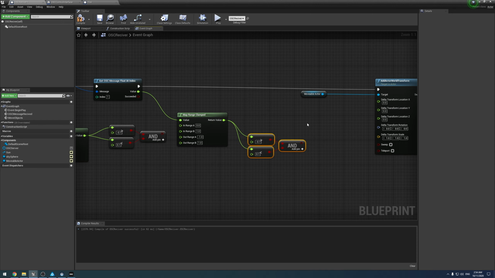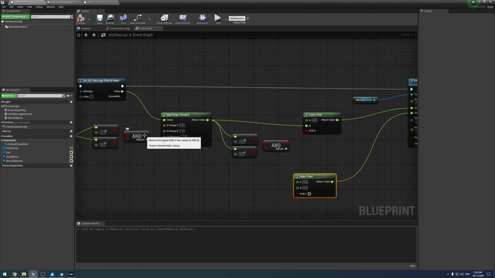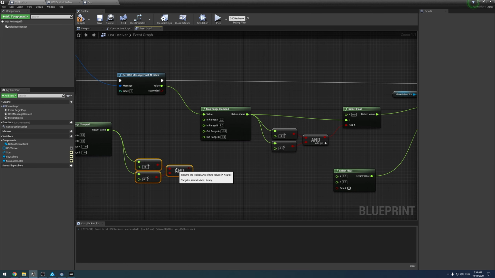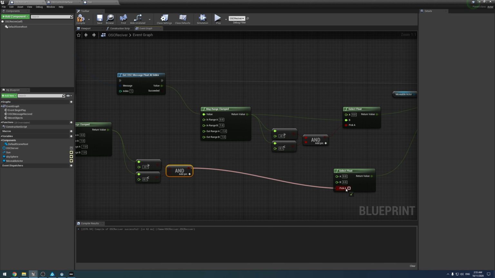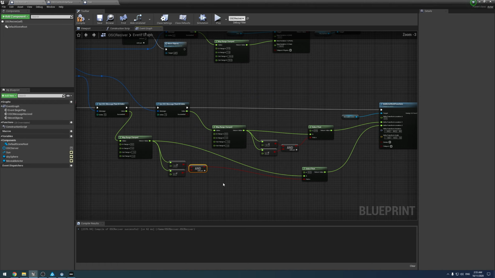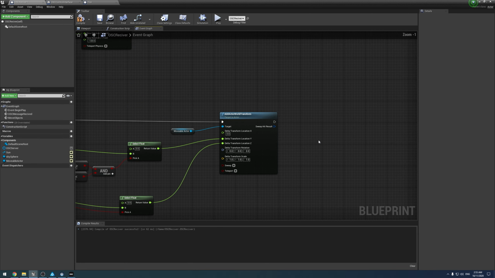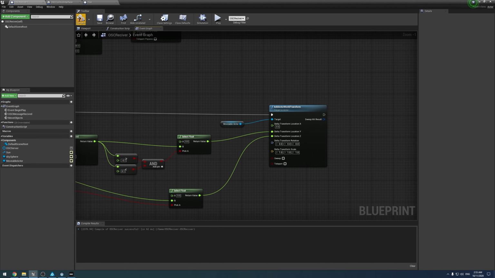Move this back a bit for room. Like so. So we're going to then get our dead zone. Plug it in there and plug this value into B, like so. And so now that is going to move it around like an Xbox joystick, hopefully. So now if I hit play and move it back a bit, let's just move the sun somewhere nicer,